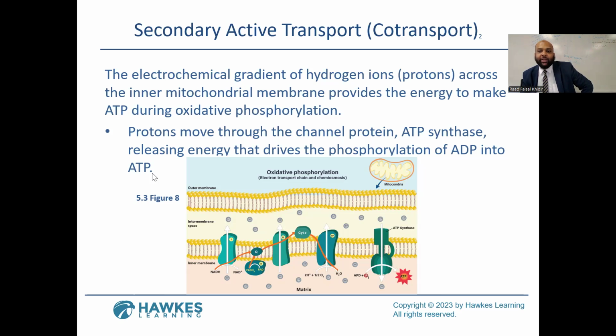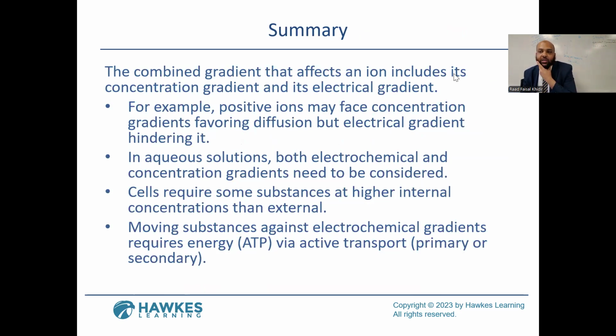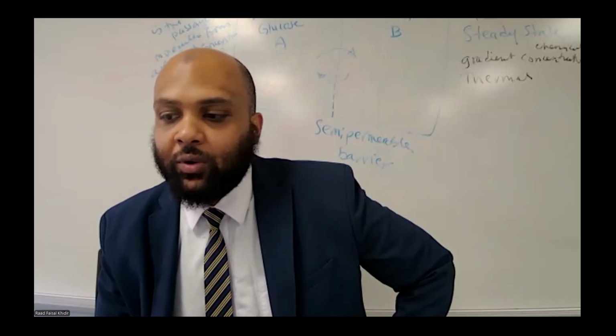So the combined gradient that affects an ion includes its concentration gradient and an electrical gradient. For positive ions, the concentration gradient favors diffusion, and in aqueous solutions, both electrochemical and concentration gradient need to be considered. Moving substances against the electrochemical gradient requires ATP, primary, or secondary if we have another form of an ion or a force that we take. And cells require some substances at higher internal concentration than external. So that's where our